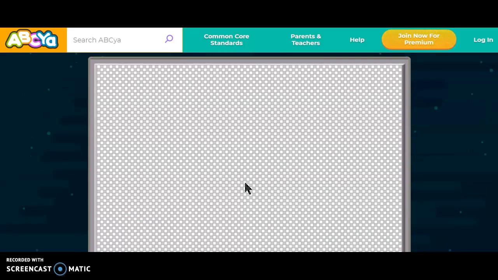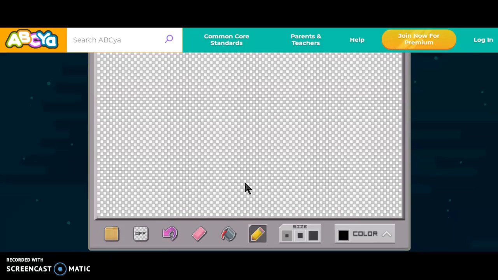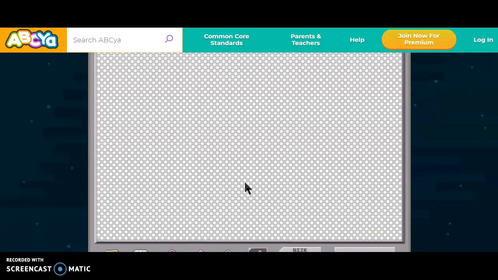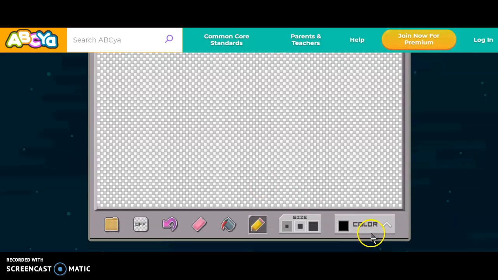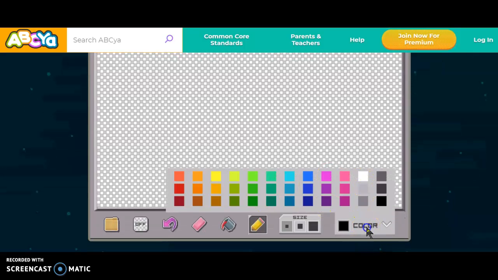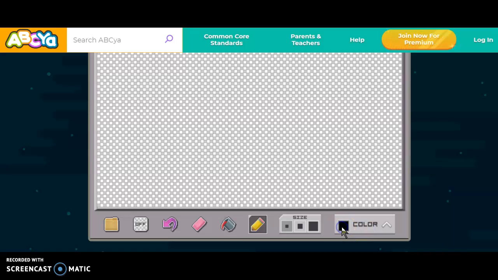Unfortunately, my screen is not fitting the whole screen, but this is like a digital piece of paper. On the bottom we have your colors. You just click the word color. If you click on color, nothing happens. You could click your sizes,